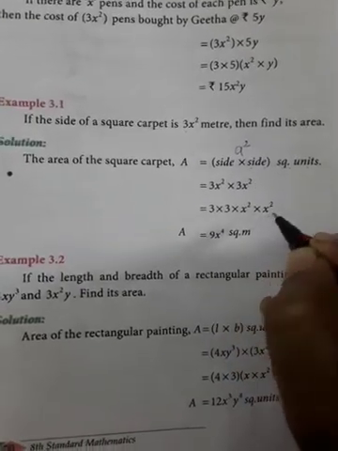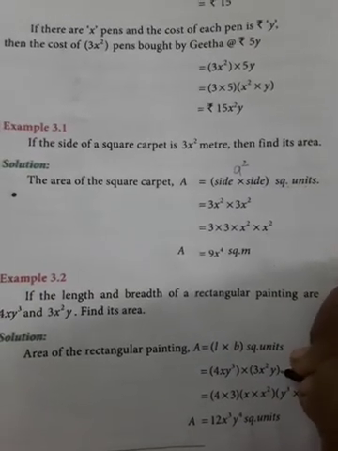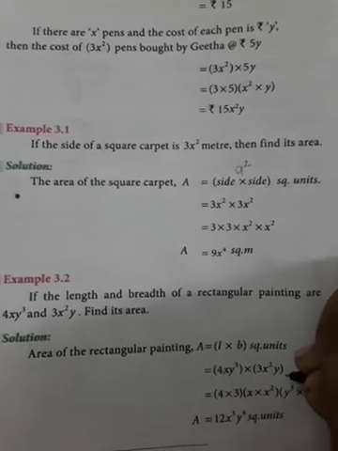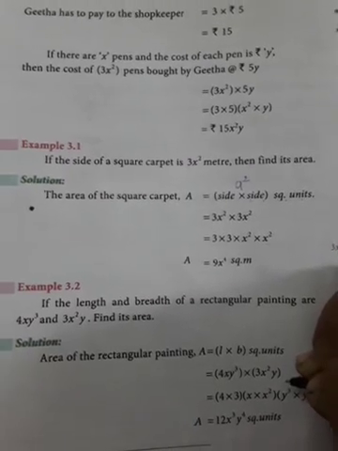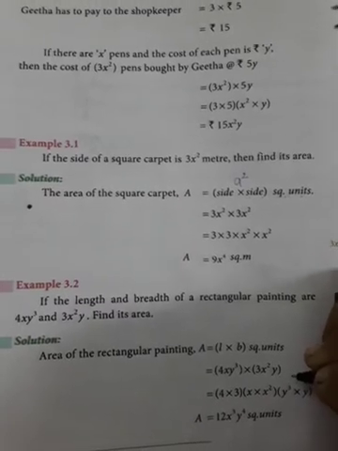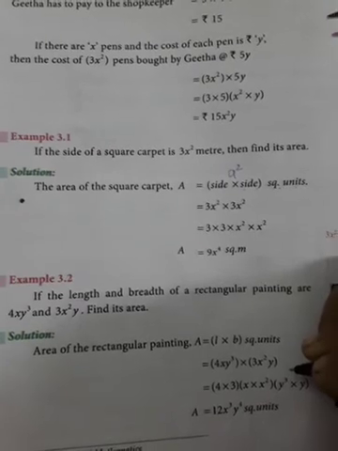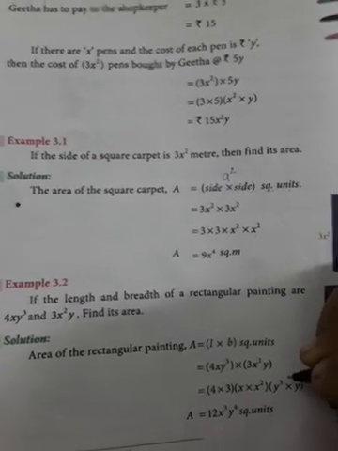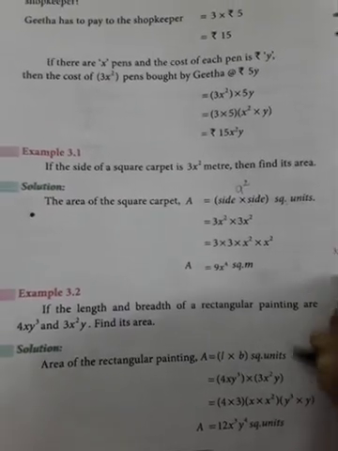Do you remember about like terms and unlike terms? When you have the same alphabet, that is called a like term. When you have different alphabets, that is called an unlike term. Like terms' powers can be added when you are doing multiplication, but unlike terms' powers you cannot add in multiplication. We will do the sums now, and at that time I will explain that clearly.